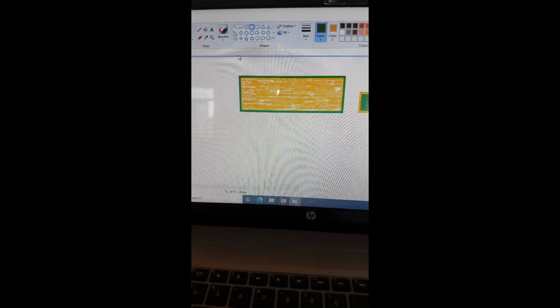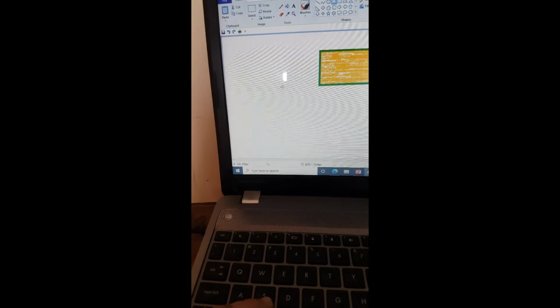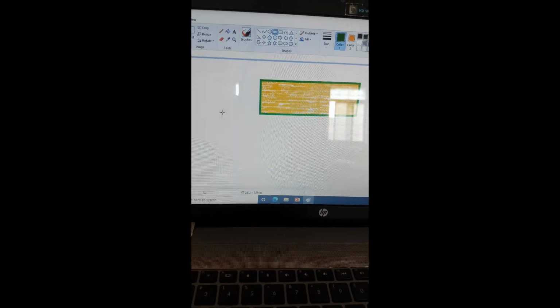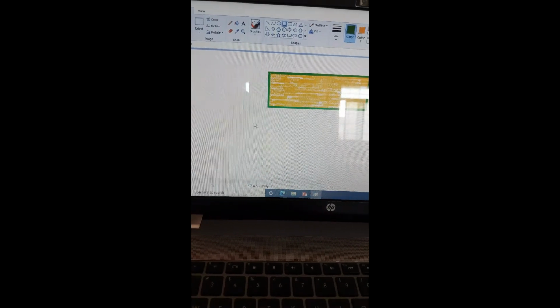Now if you want to draw a perfect square, you have to draw the square with the help of the shift key. So press the shift key and hold it. Got it? Press and hold it. Now draw a perfect square with the help of the shift key.